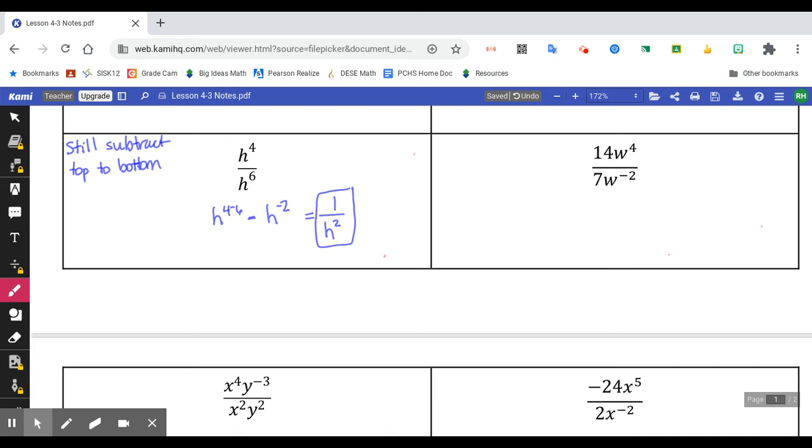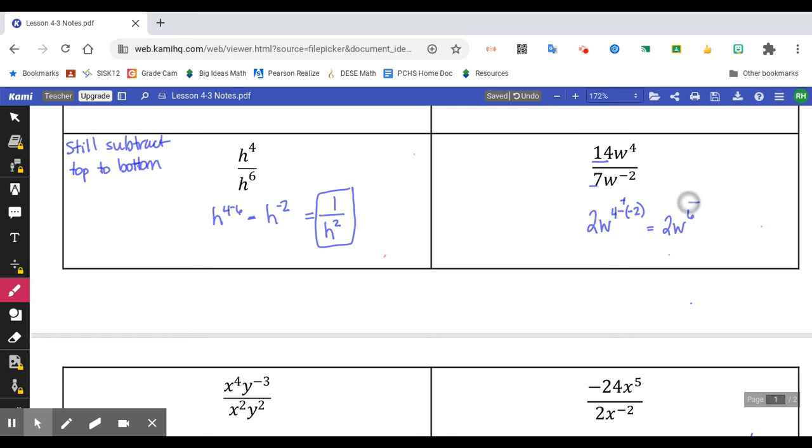Okay. Next one, same thing, division. So we divide our coefficients. 14 divided by 7 is 2. And we subtract. Now, look at this one. This is w to the 4th minus negative 2. So it's like saying minus negative 2. You have to do both of them just like we do on all of our negative numbers. So back-to-back negatives actually make this positive. So it's like saying 4 plus 2. So we end up having 2w